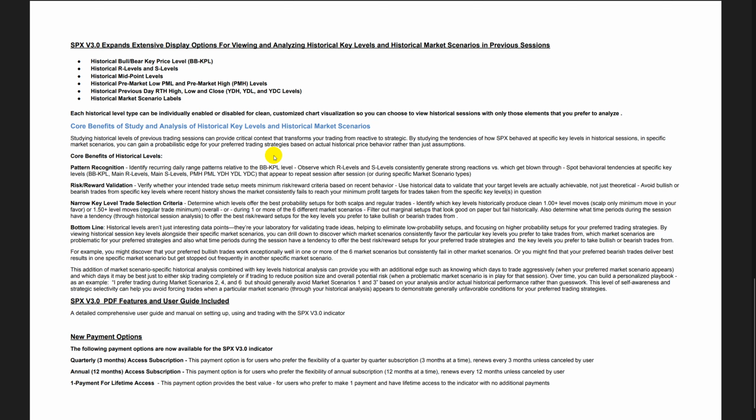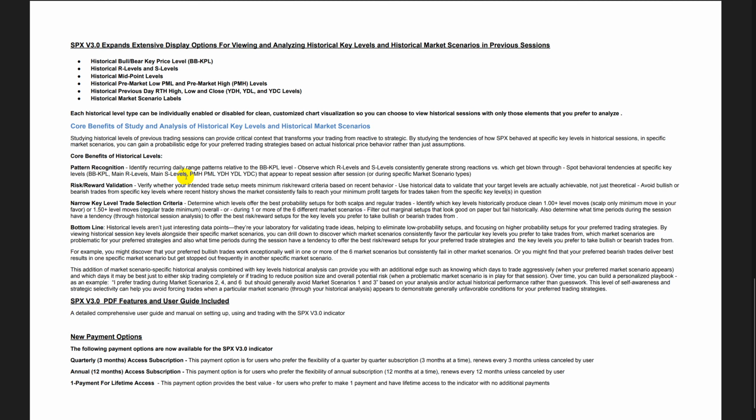So the core benefits of study and analysis of historical key levels and historical market scenarios can provide you with a critical context that transforms your trading from reactive to strategic. By studying the tendencies of how SPX behaved at specific key levels in historical sessions, and also further drilling down to specific market scenarios, you can gain a probabilistic edge for your preferred trading strategies based on historical price behavior rather than just assumptions. So those core benefits